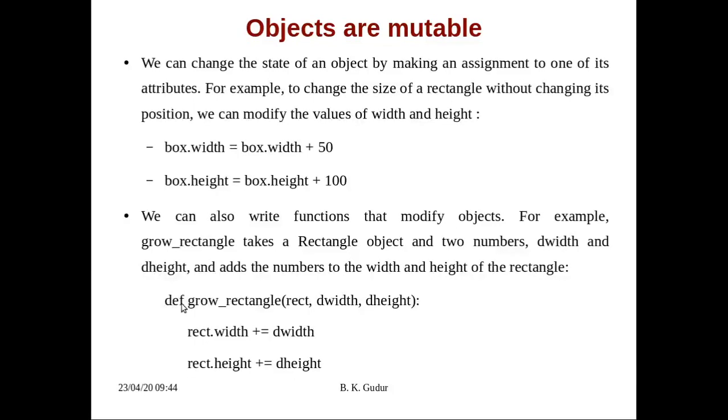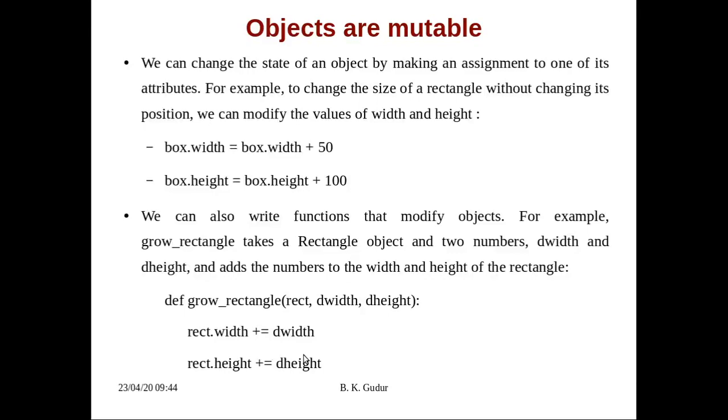Here is the simple function: define grow_rectangle. It will take a rectangle object and two numbers, meaning this rectangle is going to grow by this much width and this much height. It's very simple. To whatever width is already there, you add the incremental width, and to the existing height you add the incremental height.